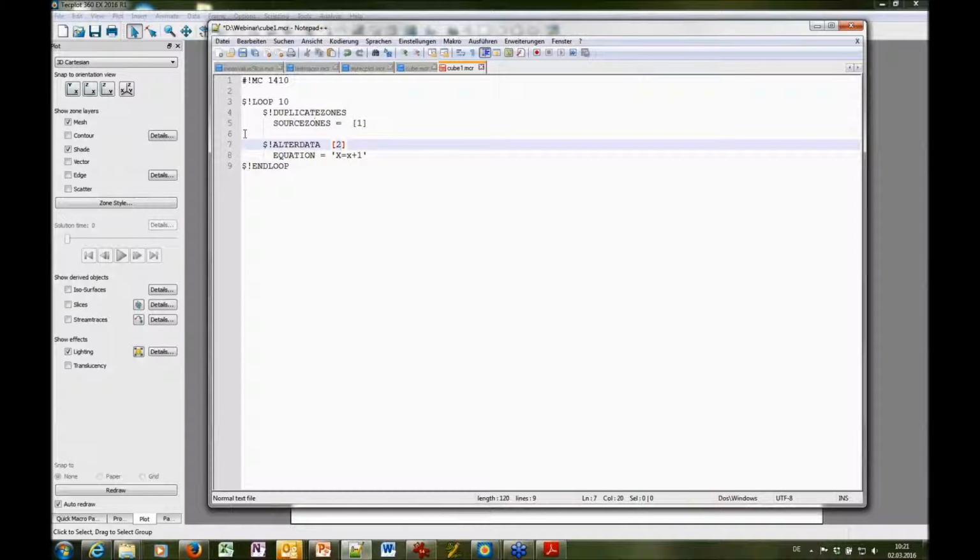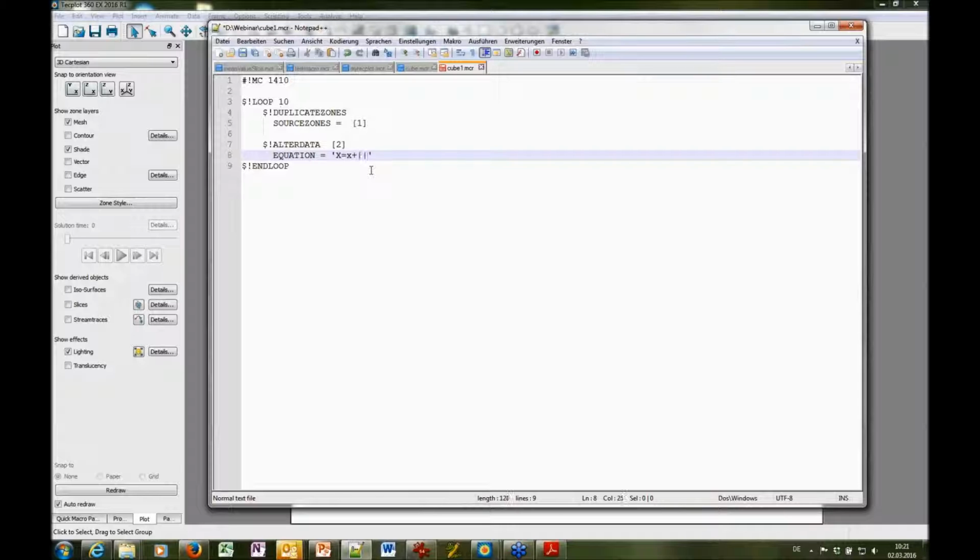Alter data, this of course should be for the first copy number 2. But if you copy it twice, it has to be the 3. And then this here should not be x plus 1, but x plus 2. So in the end, if this loop starts from 1 and goes to 10, then we have here x plus